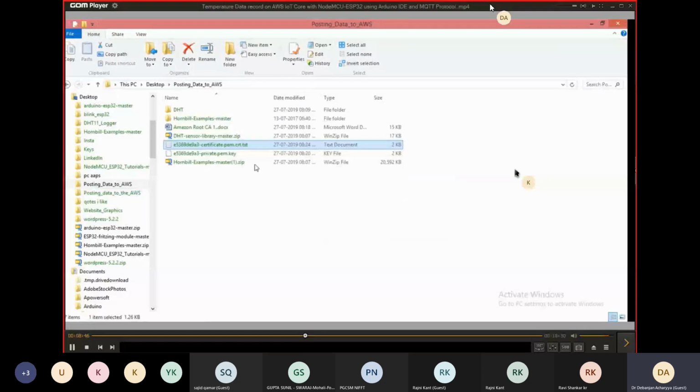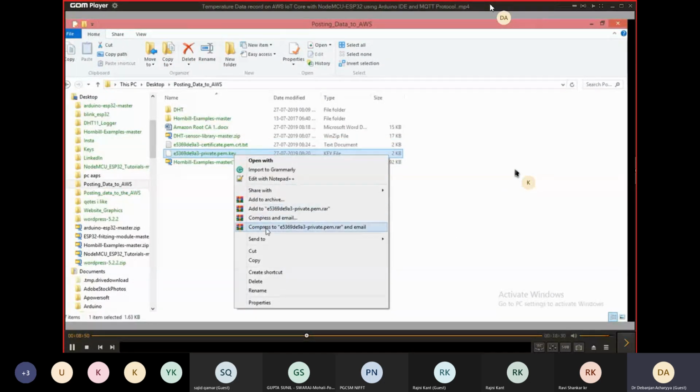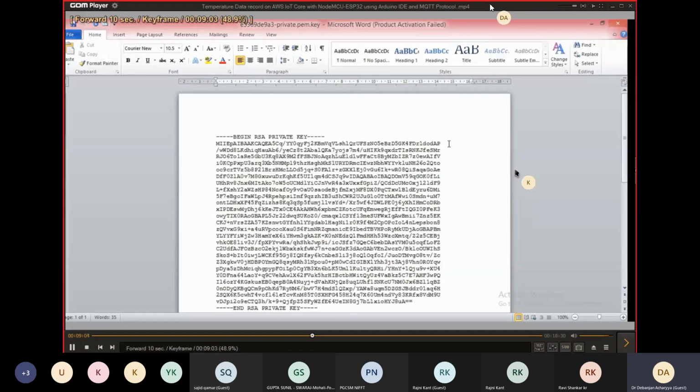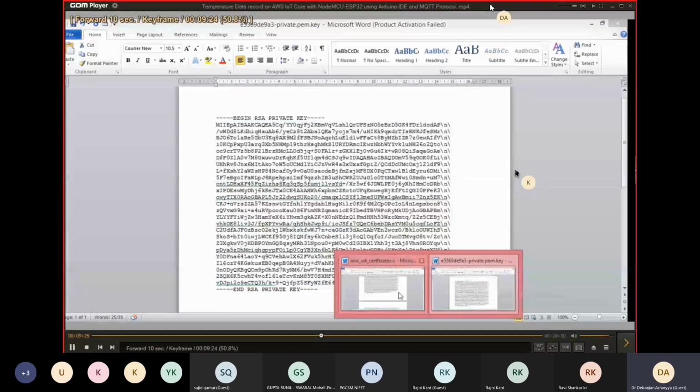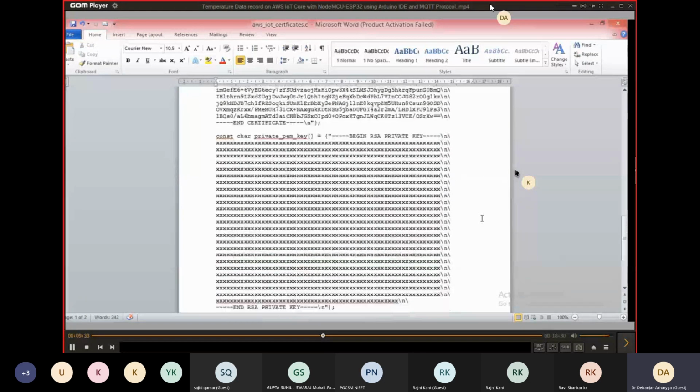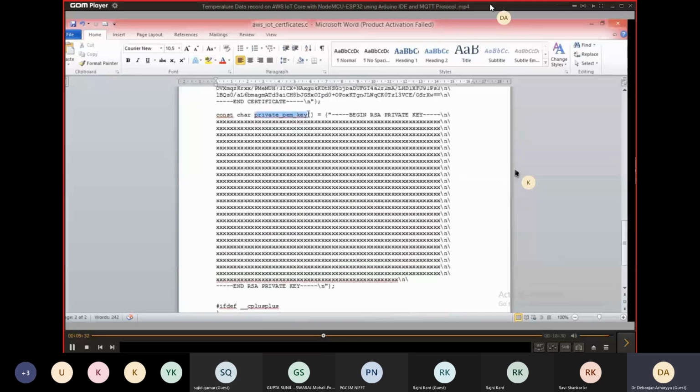And come back here and open this private key with MS Word only. Open with more options, same thing which we have done, and open this aws_iot_certificate.c and paste it over here. This is the private PEM key, right? So we need to paste it here.